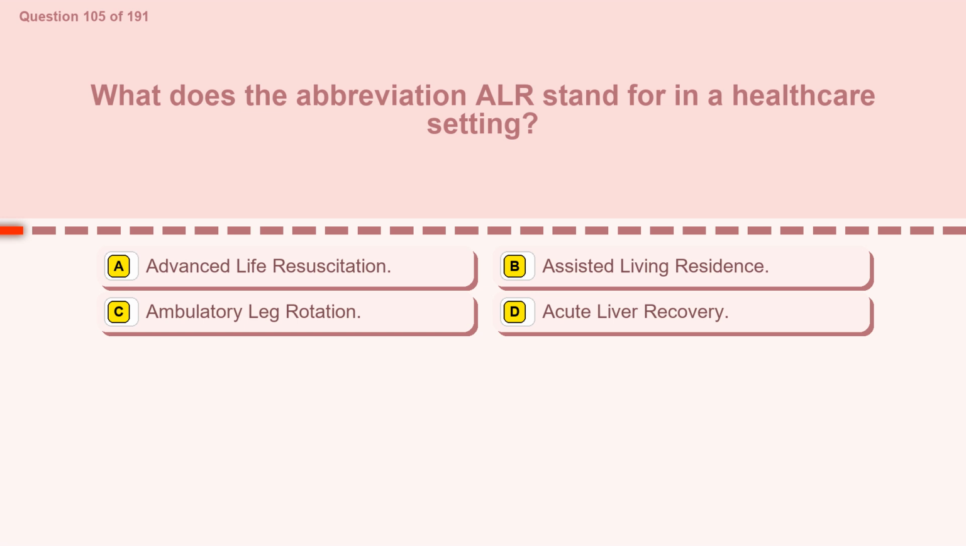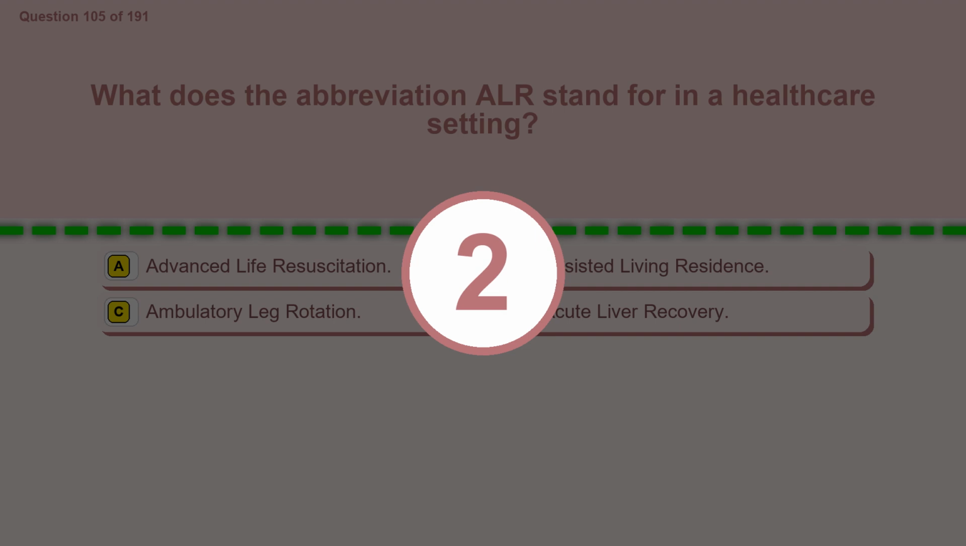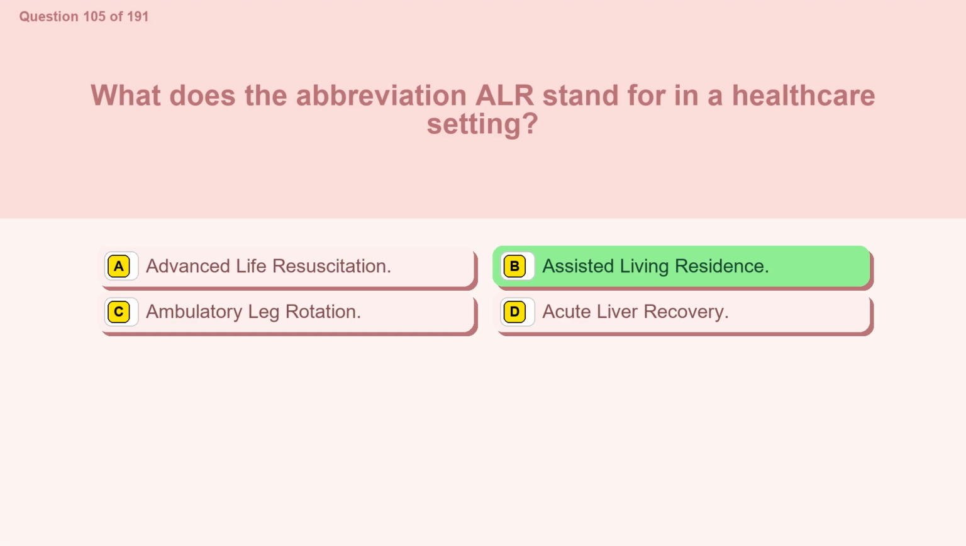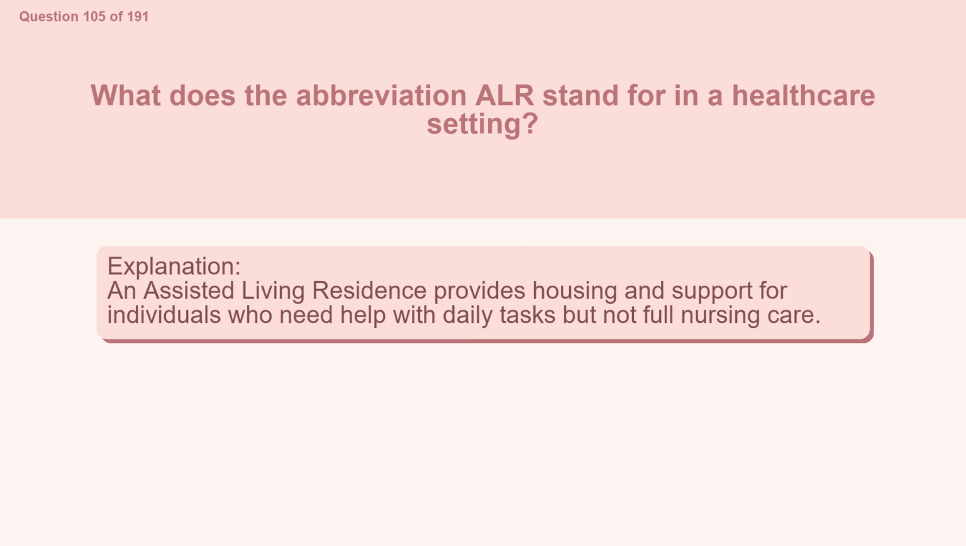Question 105. What does the abbreviation ALR stand for in a healthcare setting? Option A, Advanced Life Resuscitation. Option B, Assisted Living Residence. Option C, Ambulatory Leg Rotation. Option D, Acute Liver Recovery. The correct answer is option B, Assisted Living Residence. An assisted living residence provides housing and support for individuals who need help with daily tasks but not full nursing